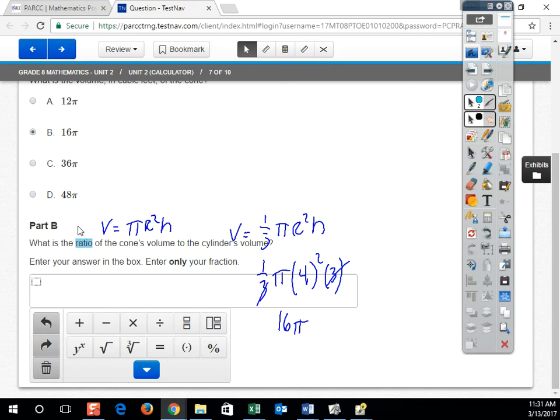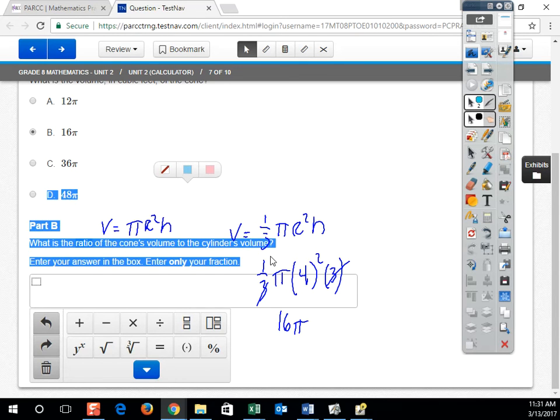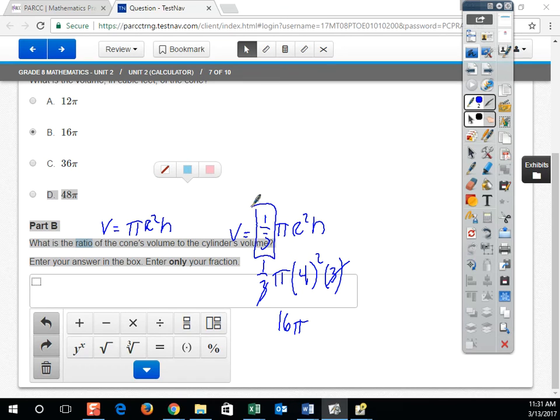So right away we can tell that the cone's volume is going to be 1/3 the volume of the cylinder, because the cylinder and the cone both share the same equation, except that the volume of the cone is multiplying 1/3 times the volume of a cylinder of the same radius and the same height. So we need to type in 1/3 into our text box,